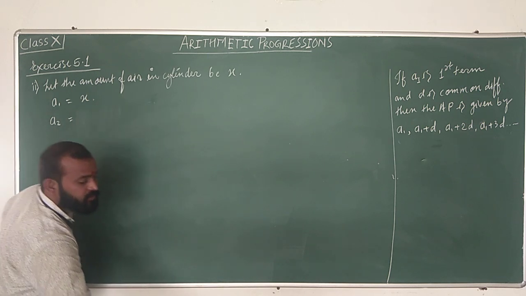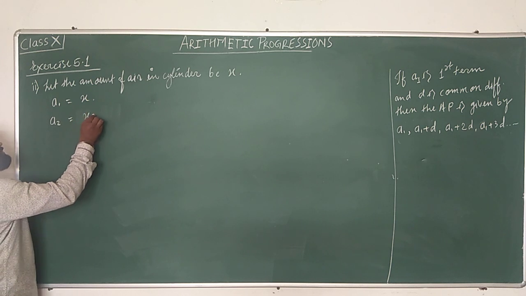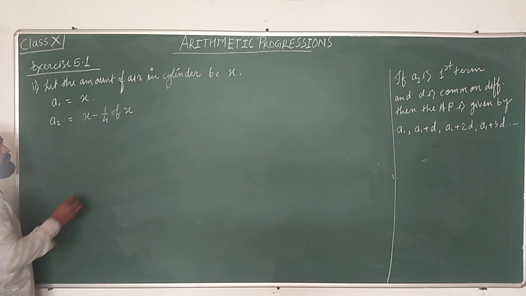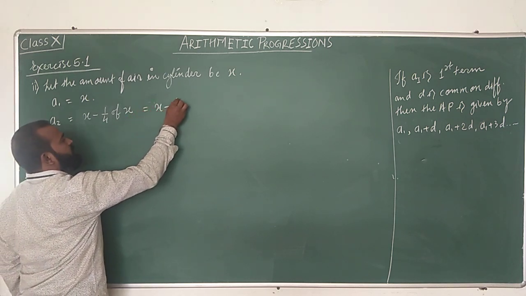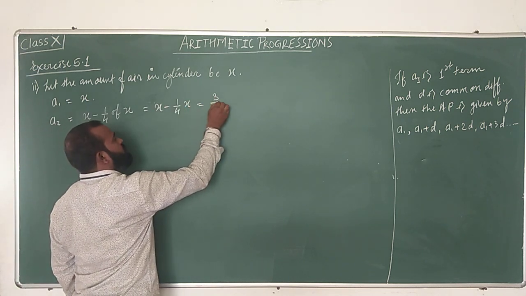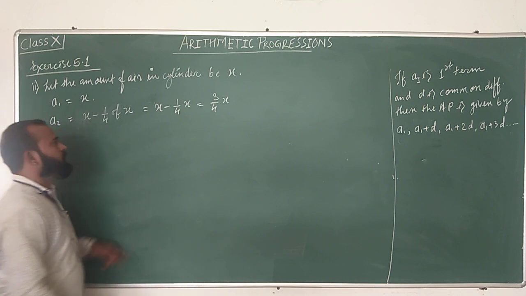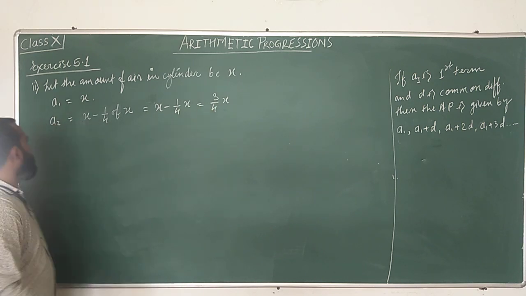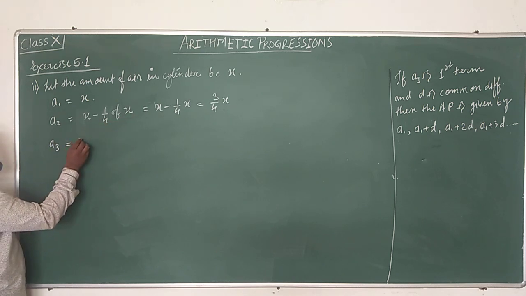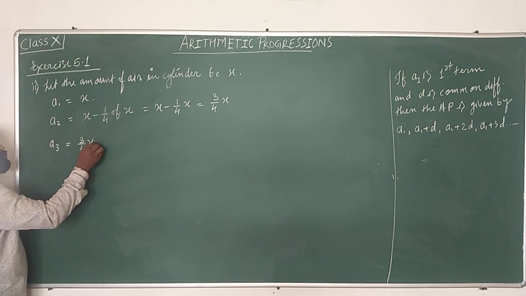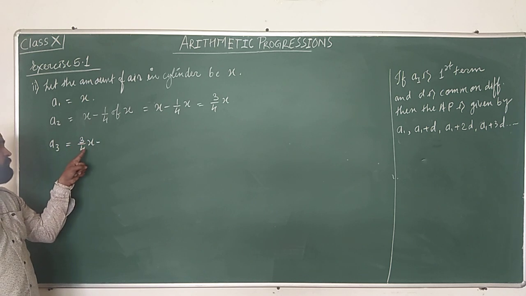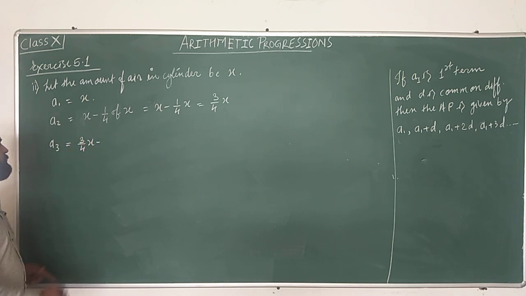1/4 of x is removed. किसमें से रिमूव कर रहे हैं, जितनी पहले थी कितनी x, इसमें से 1/4 of x is removed, right? So what will come, x minus 1/4 of x, that is 3/4 x. Now this much is left. Okay, अब A3 क्या आएगा देखो, अब बची कितनी है 3/4 of x, उसमें से जाएगी कितनी एयर, रिमूव कितनी होगी 1/4 of x, नहीं 1/4 of बचे वाली कितनी है 3/4 of x.